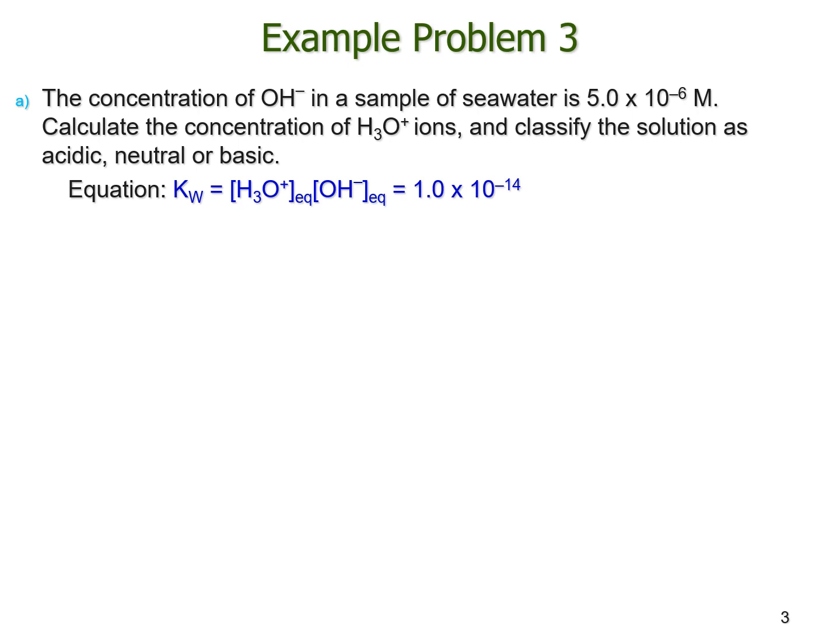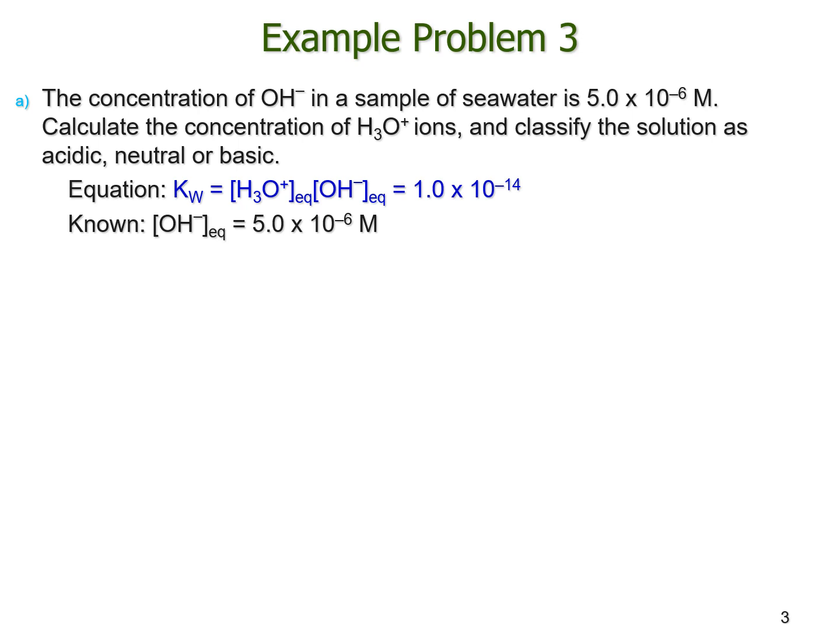Well, you may have a question. Under what circumstance can we use 1.0 times 10 to the negative 14th for the value of Kw? This value is the default. That means we can use Kw with this value, 1.0 times 10 to the negative 14th, unless we are told otherwise, or the temperature is no longer 25 degrees Celsius as we specify. For the rest of the cases, feel safe to use the value of Kw, 1.0 times 10 to the negative 14th.